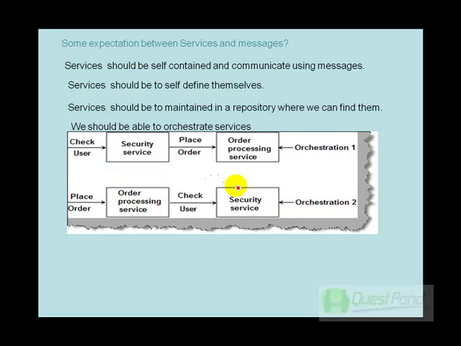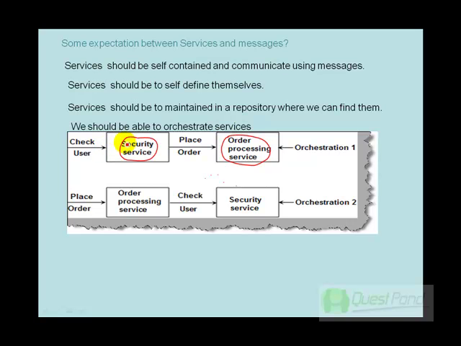We should be able to orchestrate services. Let's say I have a security service, as you can see on the video, and I have an order processing service. I should be able to orchestrate them.